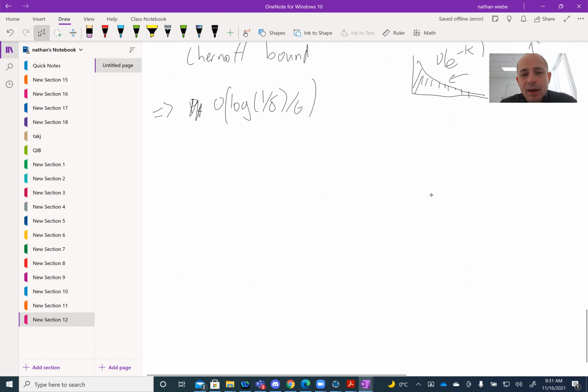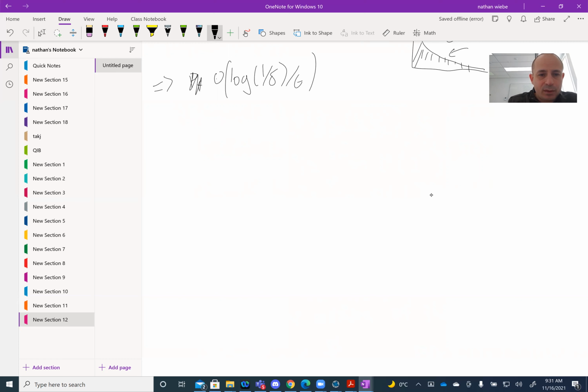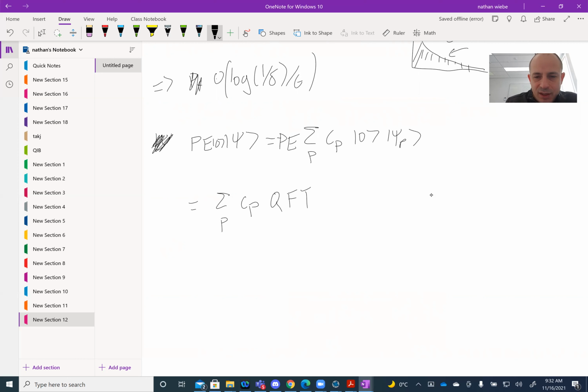Now, if we have the case where, let's consider our initial case where we apply phase estimation on our state psi, which I'm going to assume is just like before, the sum over p of c_p |0⟩ |psi_p⟩. Now this is just going to give me the sum over p of c_p times the inverse QFT acting on